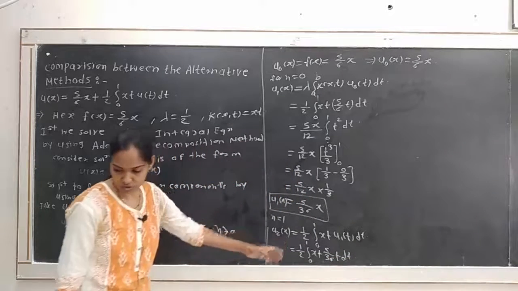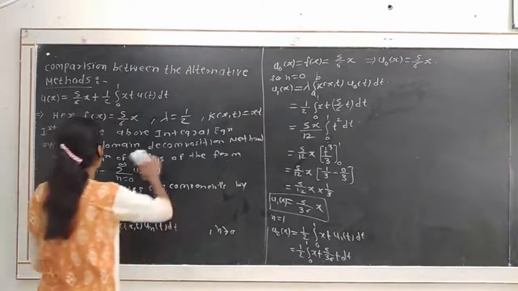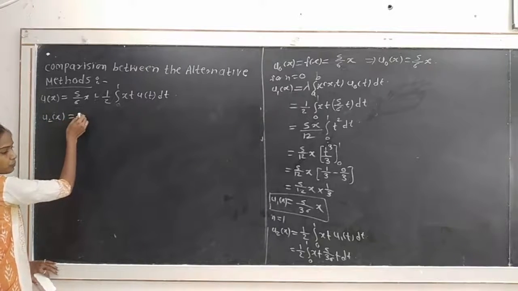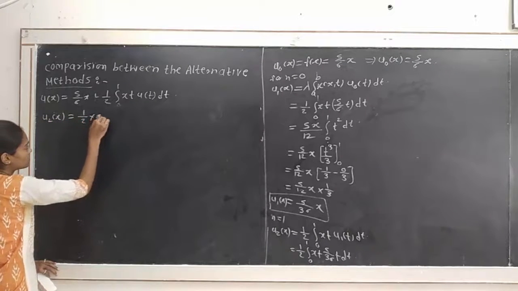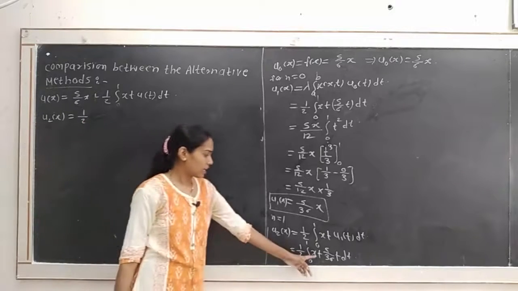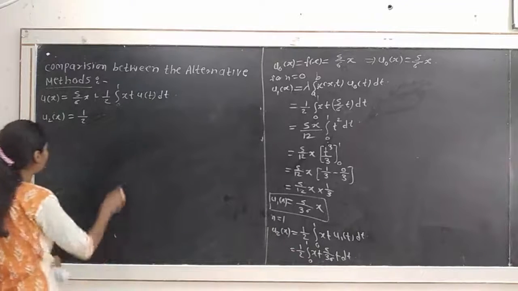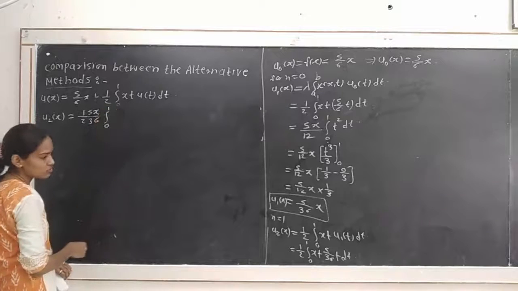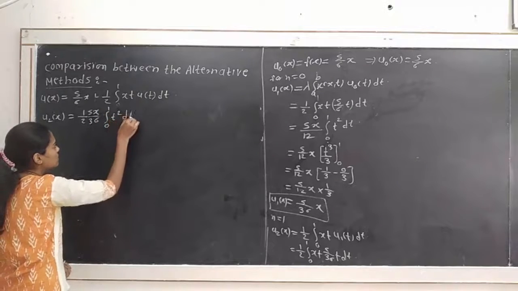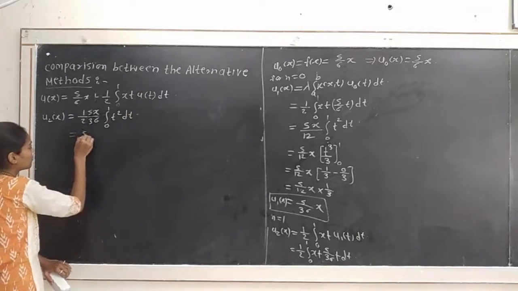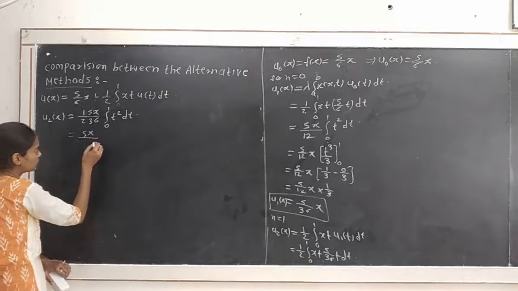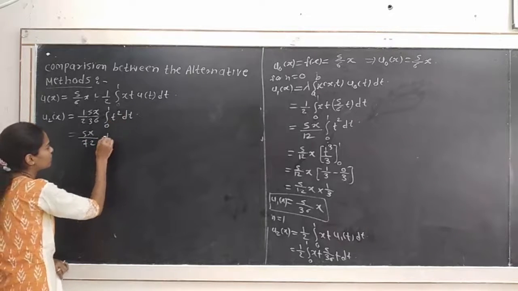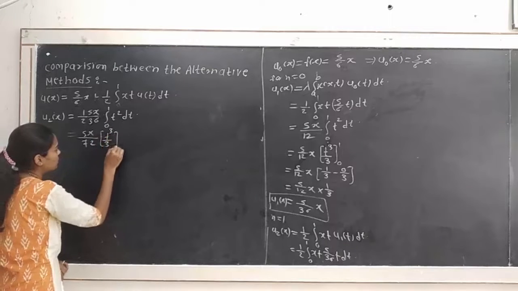Then we solve this integral to get the value of the component u2 of x. So u2 of x is equal to 1 by 2 into x, again we take here x and 5 divided by 36 outside from the integration, so we write 5x divided by 36, and in integration 0 to 1, t into t becomes t square dt. So here we have to get 5x divided by 36 into 2 will be 72. So integration from 0 to 1, we take the integration, so we have to get t cube divided by 3, limits from 0 to 1.